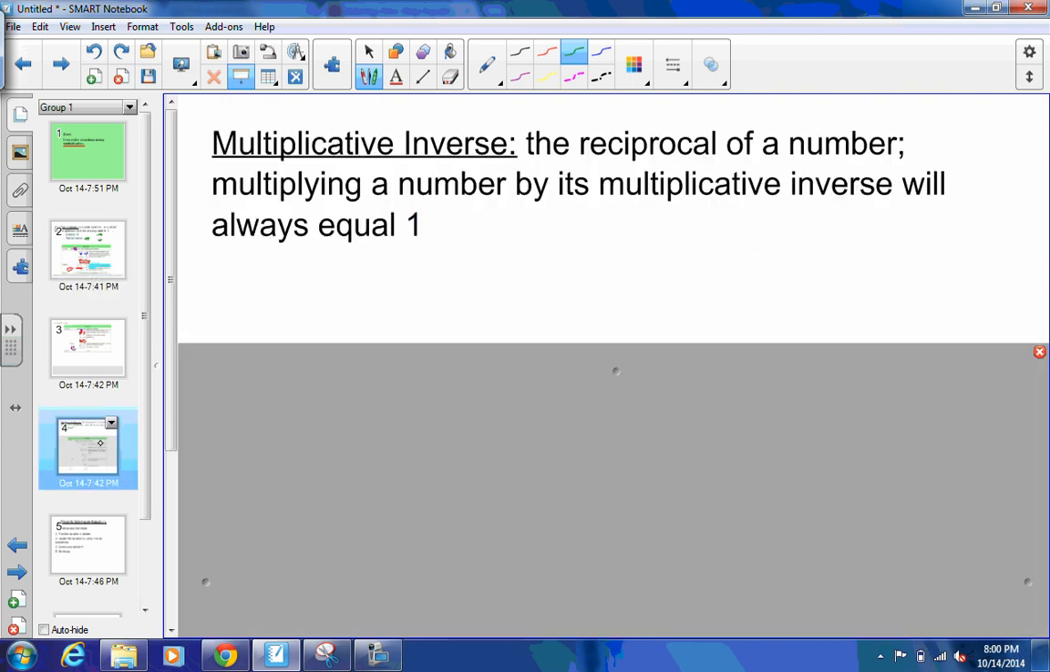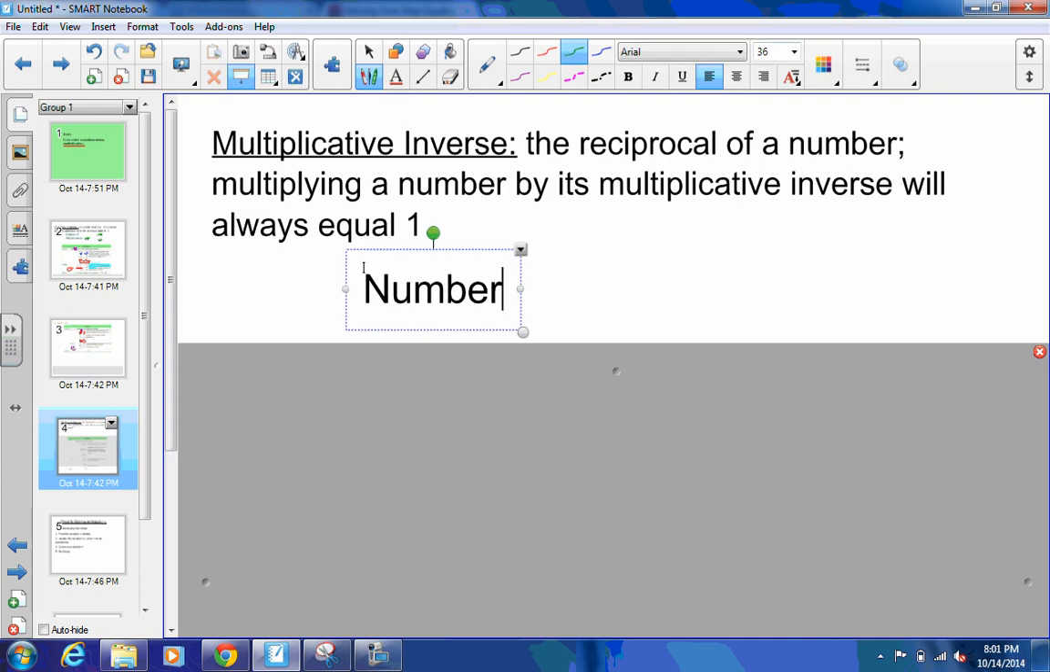The multiplicative inverse is different because we're thinking of multiplication. So it's still going to be kind of an opposite, but this time it's the reciprocal of a number. All right, so if you remember the reciprocal, it's flipping the fraction. Right, when you multiply a number by its multiplicative inverse, it's going to get you to 1. Now we're getting to 1 instead of 0. So I'll give an example here. So we'll say a number. Let's just say